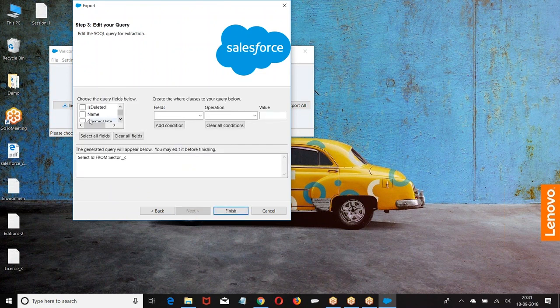Select the ID of the record, name, sector ID. Now we have a choice. You can also apply a condition where sector ID not equals to something.